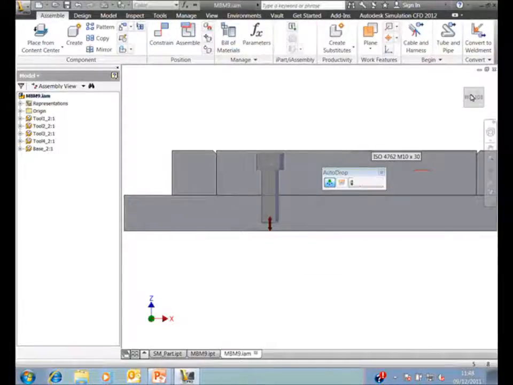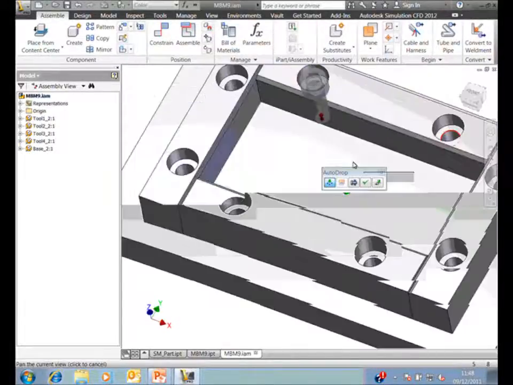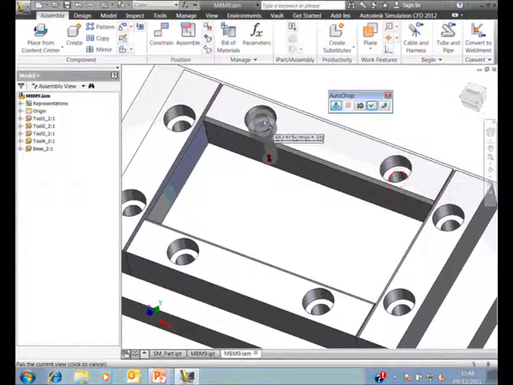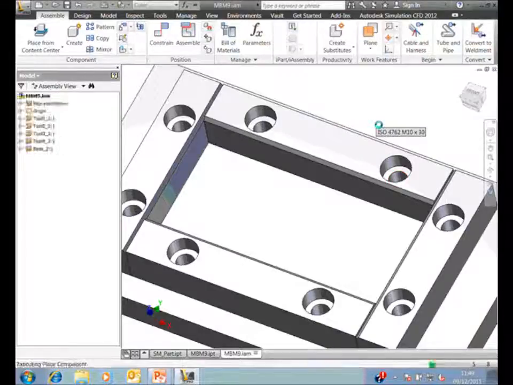The red arrow at the bottom enables me to adjust the length of the fastener using standard length fasteners. And you'll also notice that because on this part there's another hole, it's highlighted in red as well to show that when we add the fastener, it's not only going to be added to this hole, but the hole on the side here, which is coplanar to it, which is the follow pattern option here. So let's accept that, put the fasteners in,